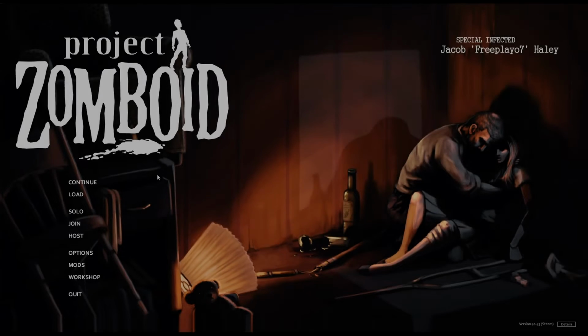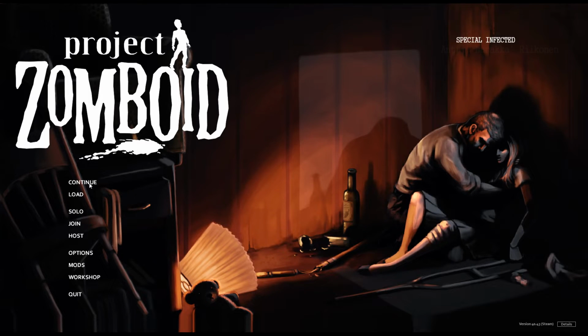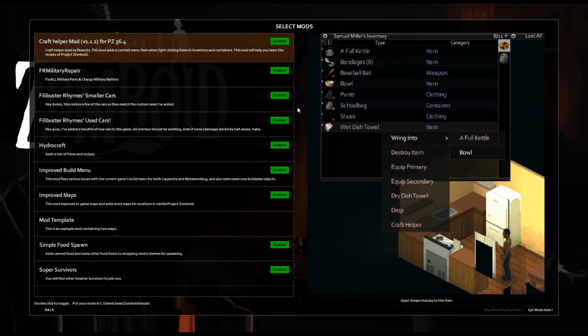So we're starting with the new Project Zomboid. I've got mods though. Some of these mods work with the save that I had going on, but the save that I have going on, there's some stuff that I wanted to change. So I'm kind of okay with restarting anyway, but I figured since we're restarting, I might as well try out